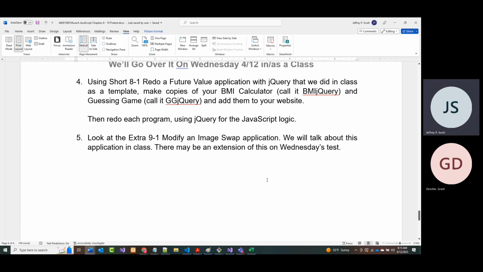All right. Then after you did that, what I wanted you to do was to make a copy of the BMI calculator, call it BMI jQuery, and a copy of the guessing game, call it GG jQuery. The way I did this is I made two brand new HTML files,